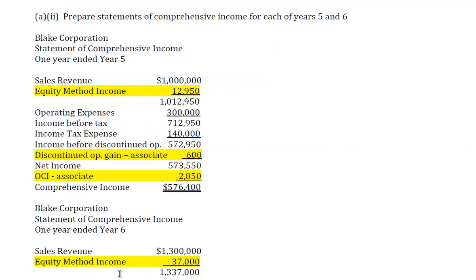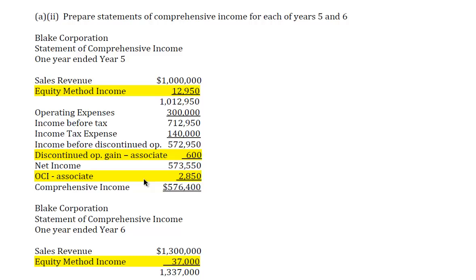So let's go back to the solution here and look at the statements of comprehensive income. You recall that in the question I gave you the sales revenue and you calculated the equity method income from their continuing operations on an after-tax basis, which was $12,950. That was their portion of the equity income of Sturgis that they could pick up. So notice here that this will come to $1,012,950. Again, notice that we've separated the equity method income from continuing operations from any discontinued operations income from Sturgis,